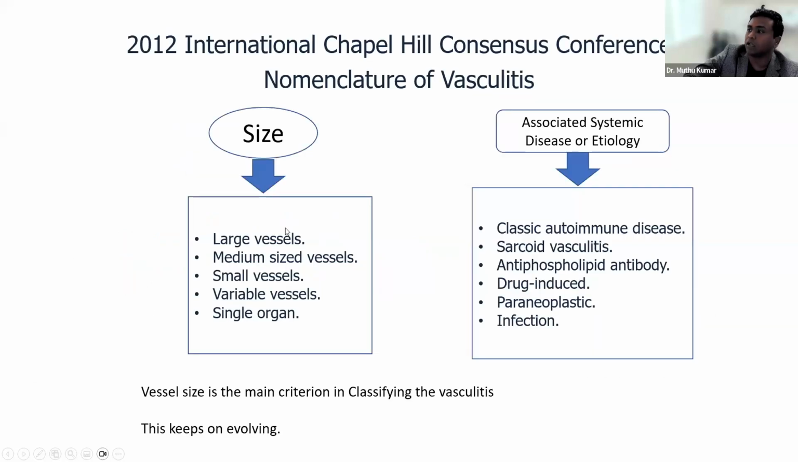The 2012 Chapel Hill consensus is the one which resulted in the classification of the blood vessels based on the size. There is a systemic disease or associated etiology classification that includes autoimmune, sarcoid, our famous APLA, antiphospholipid, drug-induced, paraneoplastic, and infection. Vessel size is the main criteria in classifying the vasculitis, and like every other classification, this classification also